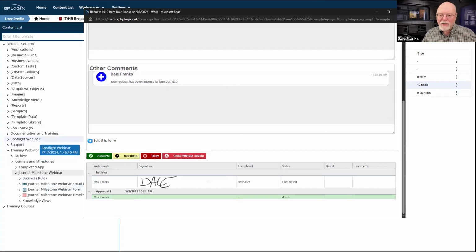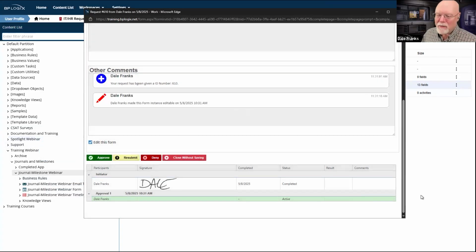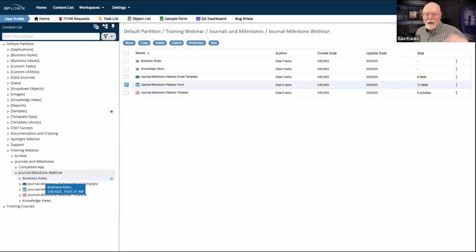And of course, obviously, I can also edit my form. So there we go. I've got a milestone for both a form and for a process timeline. As long as I'm using the same milestone group for both of them, then I can have multiple milestones that get drawn to the user's attention and displayed in a journal control on the form so that they can be advised of relevant milestones in business.